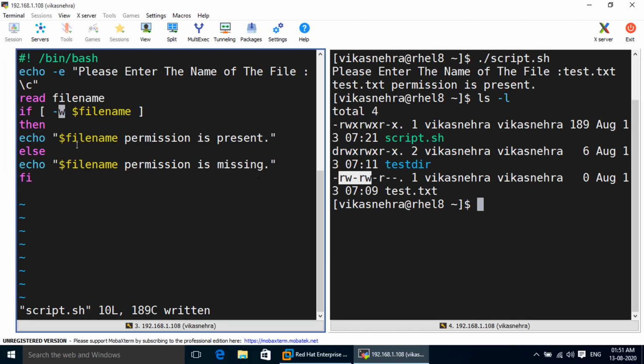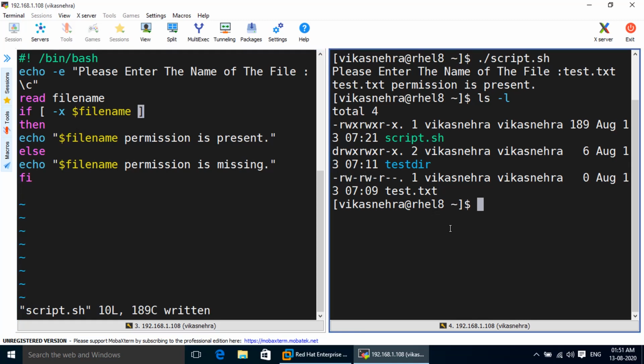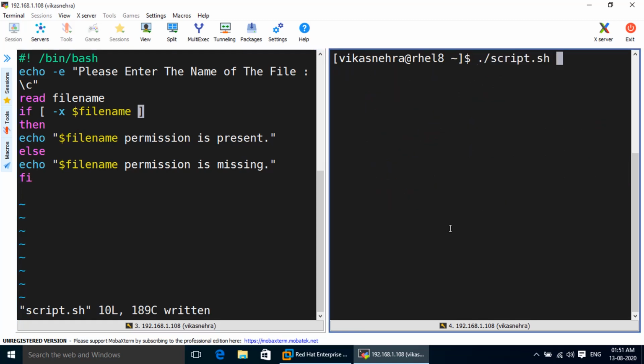And to check for the execute permission, we can simply use -x in this script. So for that we need to go in insert mode and mention the x alphabet and save the script and have a look at the execution on the right terminal. Mention the name of the file.